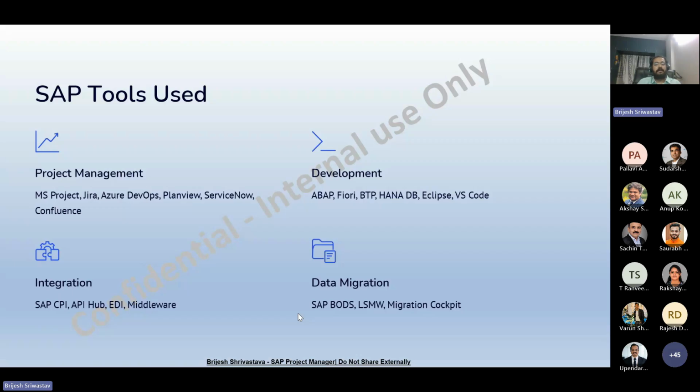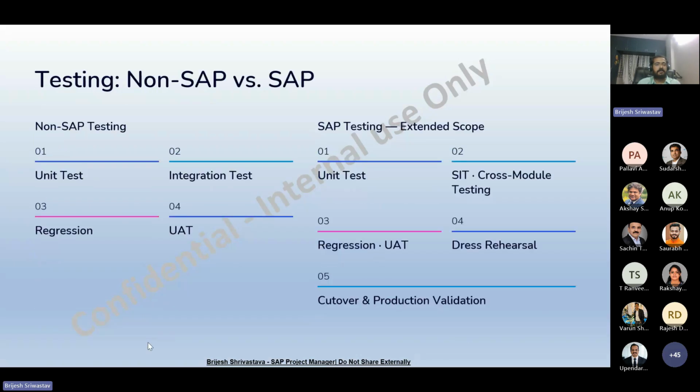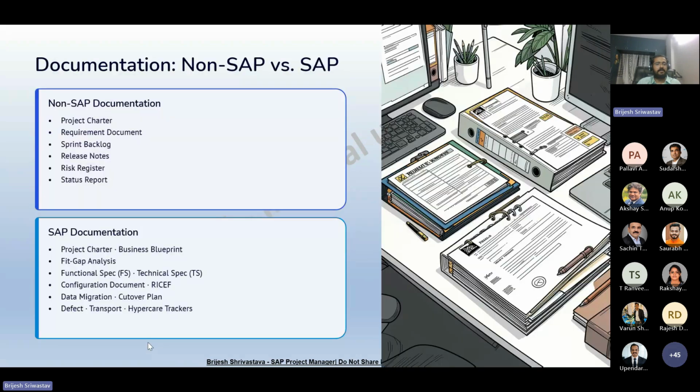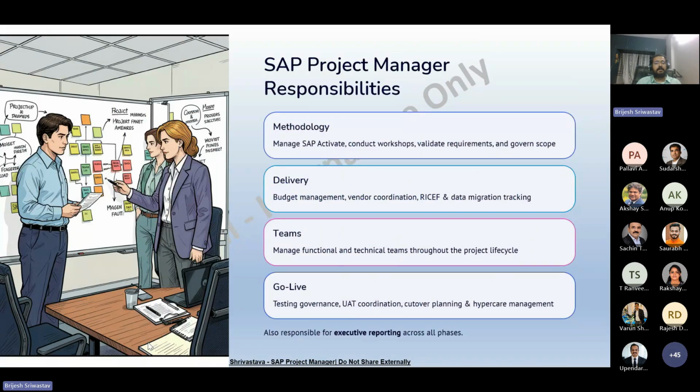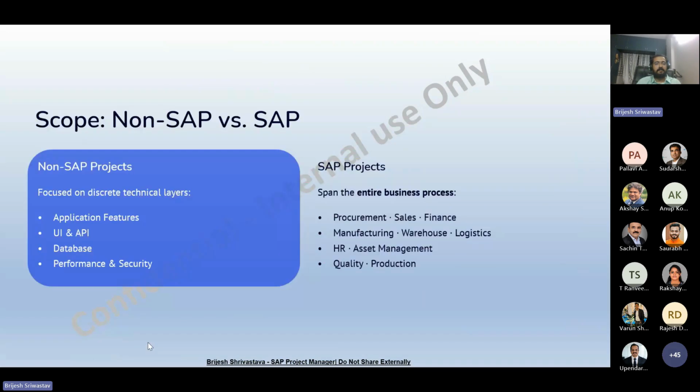Okay, so I'm just ignoring this section, Sachin, because I was trying to explain it in a detailed way here. Hope my screen is visible. SAP Project Manager responsibility and all those things I have already covered at a high level. Scope, I was thinking to explain a little bit: what kind of scope is coming, non-SAP project and SAP project. So if you allow, I can explain, otherwise I will ignore.